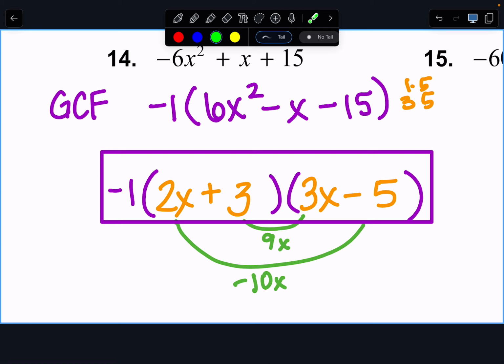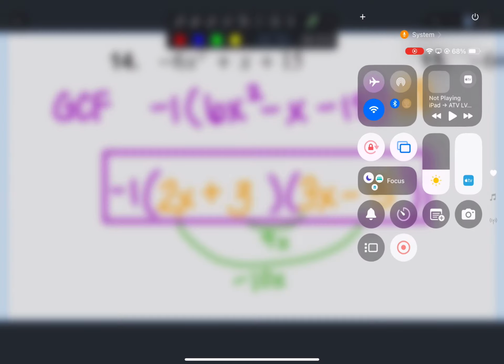Okay, now, the only way you're gonna get good at this, or the only way you're gonna feel comfortable with these, is to practice. Okay, and the good news is